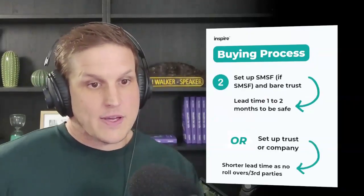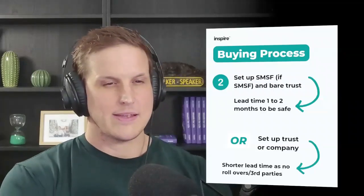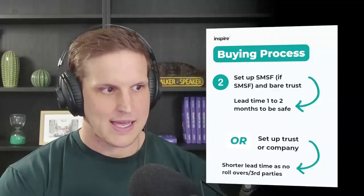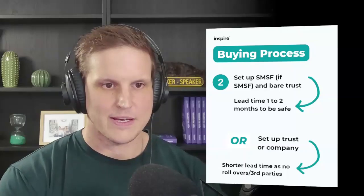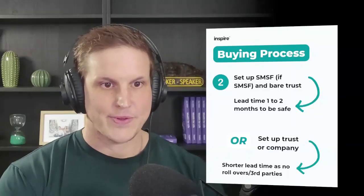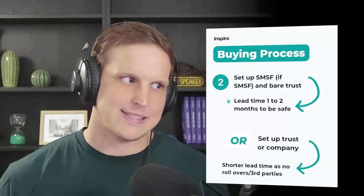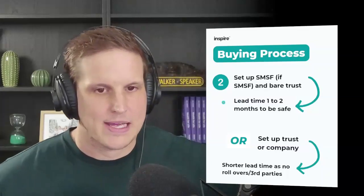Next step, if you're going to get it in super, you set the SMSF up and the thing called the Bare Trust, which will actually be the name if you're funding it. The Bare Trust is actually the owner of the property, not the SMSF in its own name. And then what I usually recommend to clients is you want about a month to 2 months to be safe